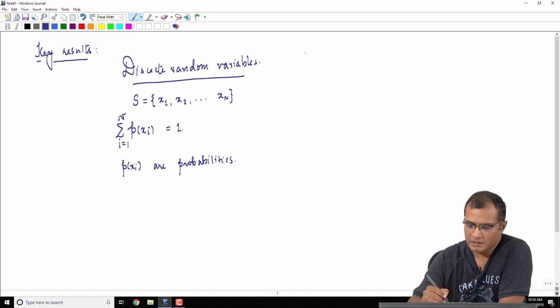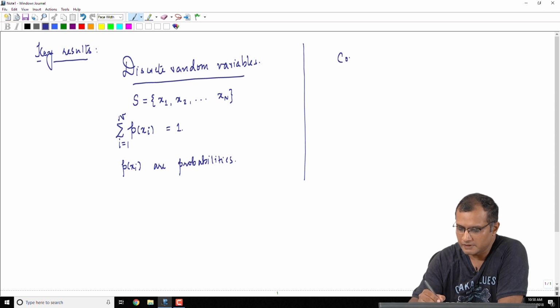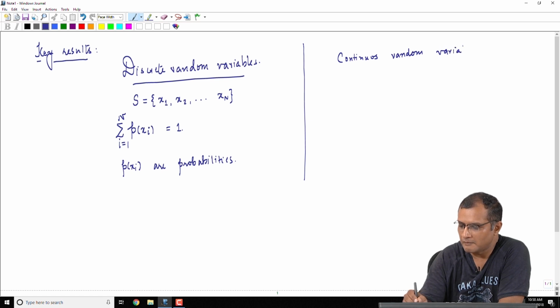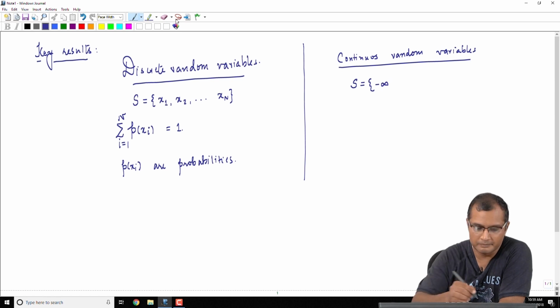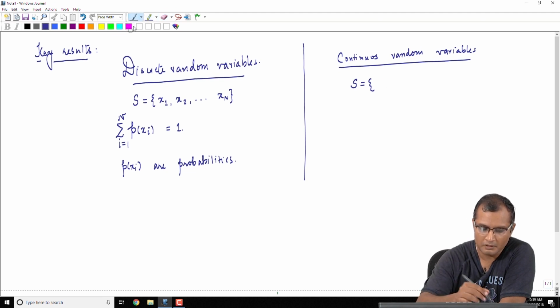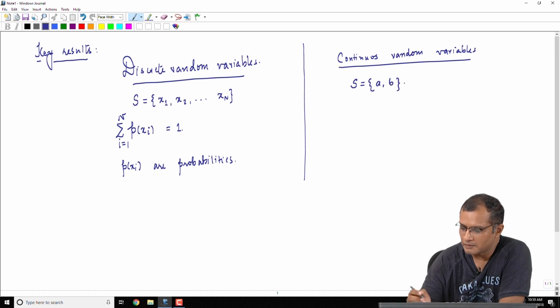Okay. In the context of continuous random variables, we saw that the set of outcomes are not discrete numbers. They could be, let us say, between some, it could be a bounded interval. So, our random variable would be between a and b, okay. x is some continuous variable,